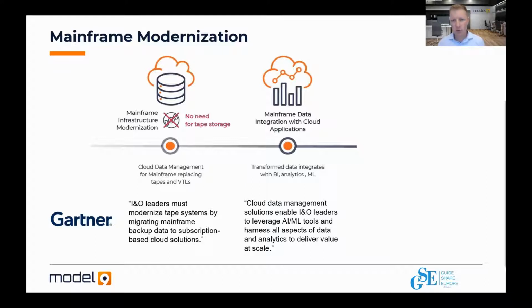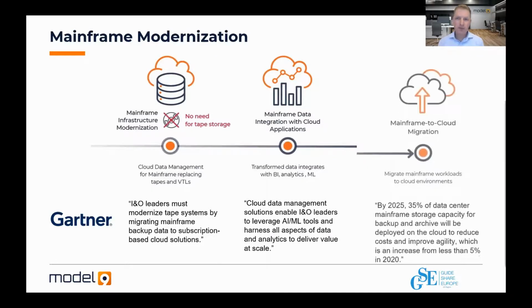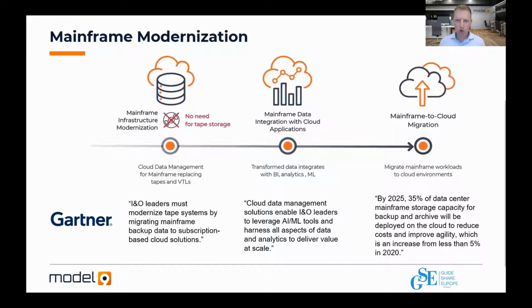So everything that we are doing is while reducing significantly the data management CPU cost. And we will explain that shortly during the presentation. And the third is cloud transformation and how you move the data to the cloud. I added here quotes from a Gartner report that they published in September, just a couple of months ago, talking about organizations moving the data to the cloud and mainframe modernization and a lot of interesting things. If you want, I can share with you the report later.